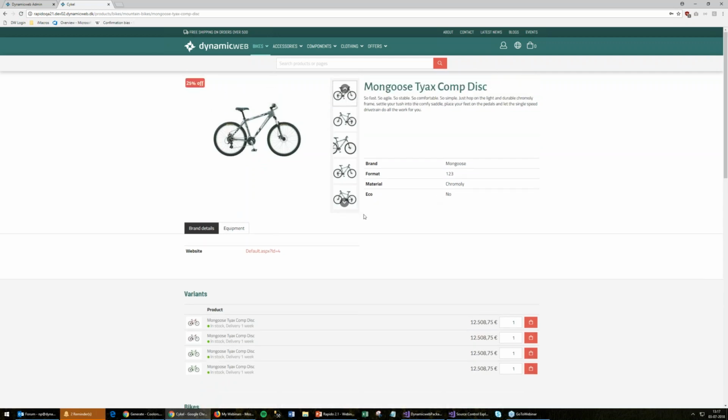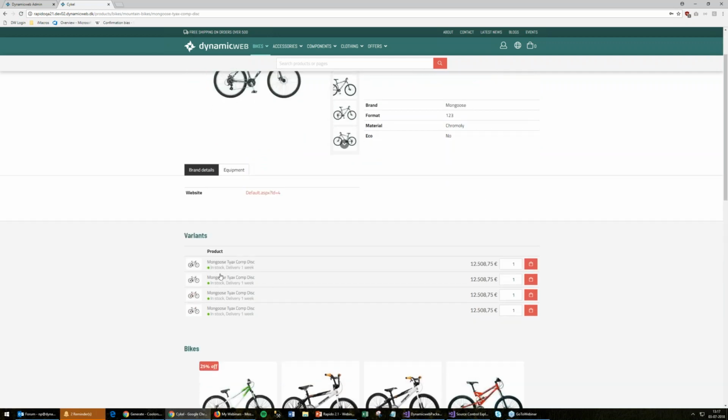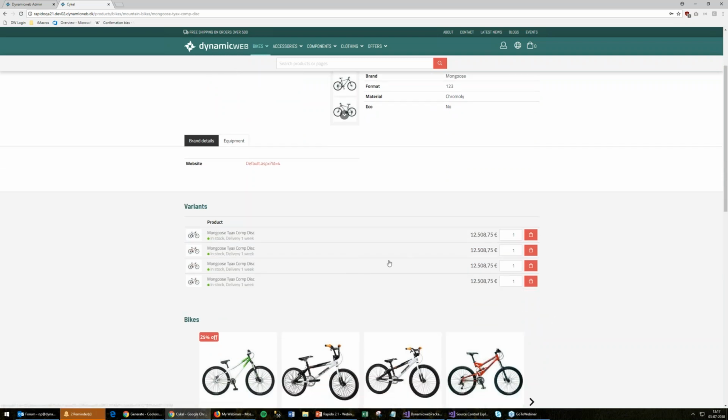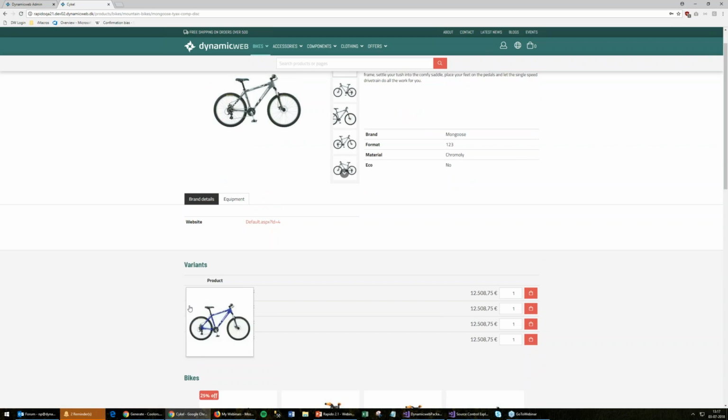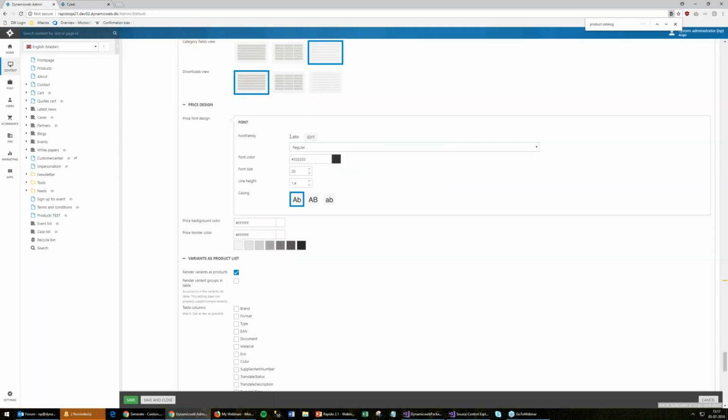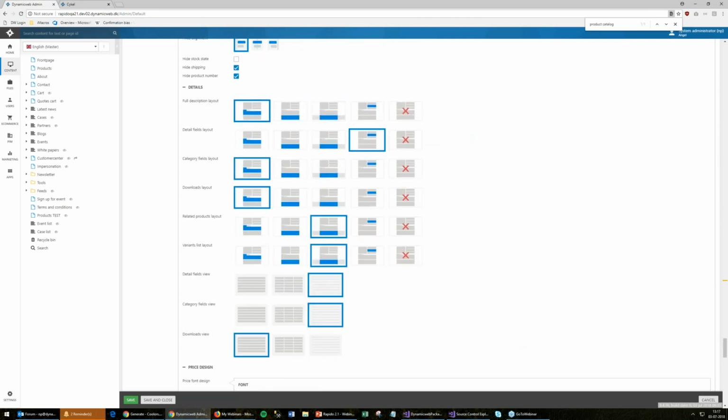So we don't have the buy button up here anymore, but we have it here as a section for itself. And if you want the variant list not to be in a ribbon down here, you can just say that you will add it beside your product information. You will put it up there, and then